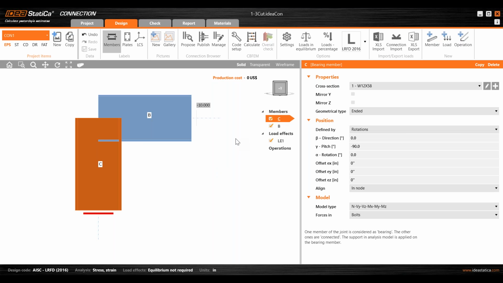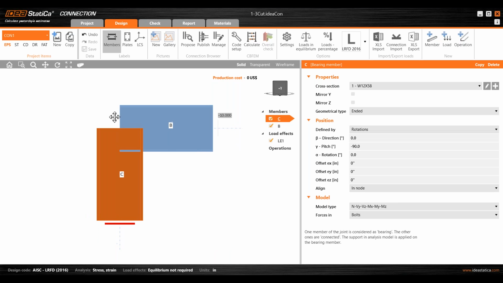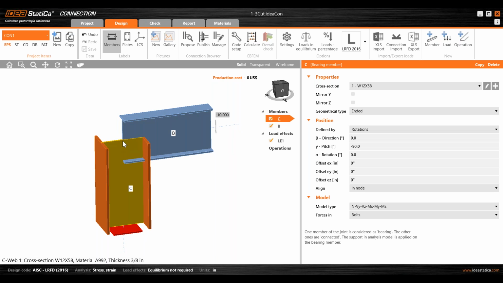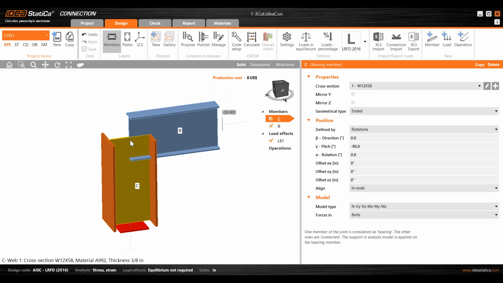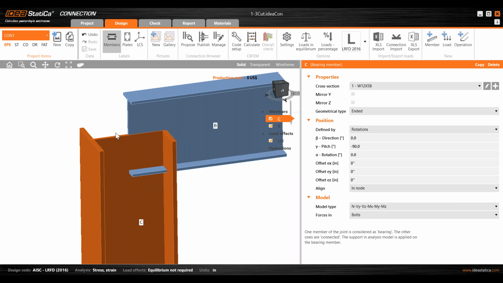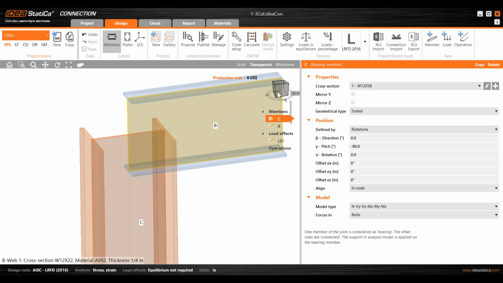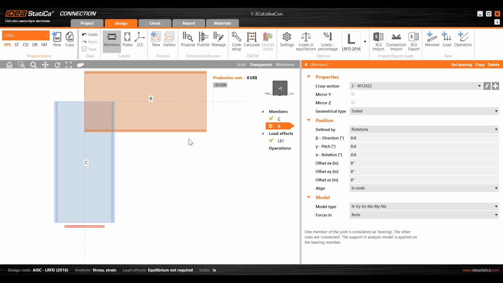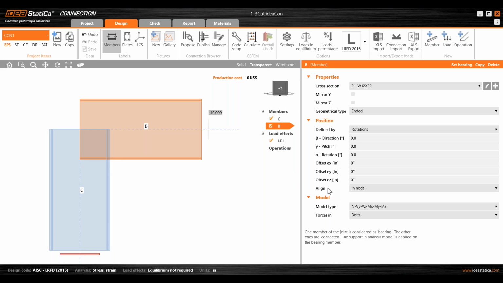So this is the first example. This is a joint that has a connection here. When you're seeing just the geometry, you can see that the elements are connected through their centroid. That can be seen graphically here in the solid view and also the transparent view. When you click on the member, you will see that you have this option to add an offset. And some of you,